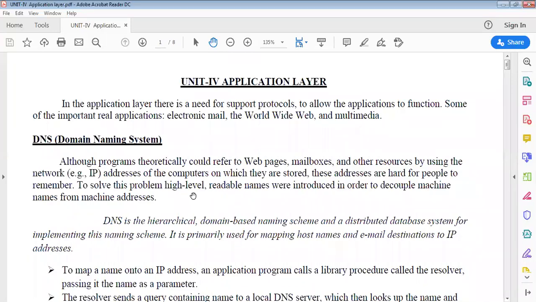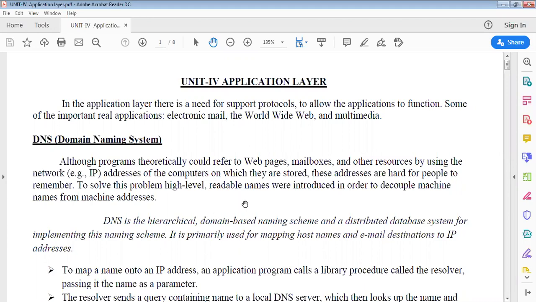It works like a phone book directory. Our friends' names we remember by names, not by numbers. Similarly, there will be a dictionary consisting of the website names followed by the IP addresses. If I am the administrator, I will know the IP address, but you cannot remember the IP address, so I will give you the domain name. This is the basic concept of the domain name system. IP addresses are hard for people to remember.